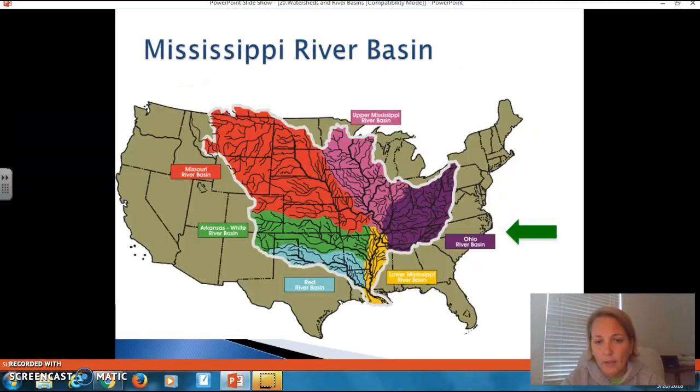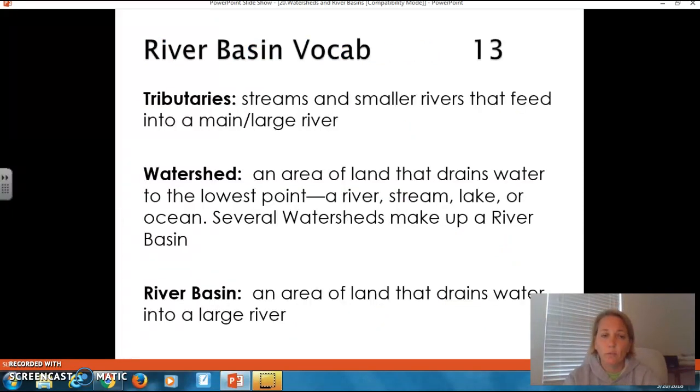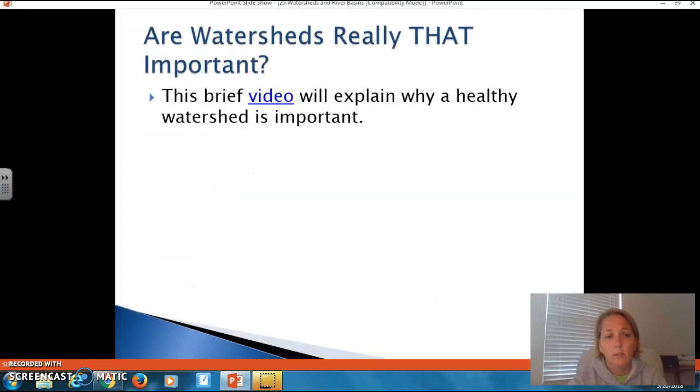Here's another picture of that if we look at it in color. Obviously everything to the east of the purple will flow into the Atlantic Ocean. Again, all of the water collected in these places comes from precipitation. That funneling process, and you can see where things meet. We have a big confluence right here of the Mississippi River, which will eventually feed into the lower Mississippi River Basin and then out into the Atlantic Ocean. So just some essential vocabulary that you have to look at: tributaries, watershed, and river basin. Then I want to show you this brief video